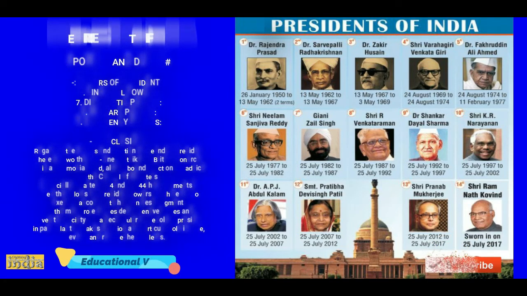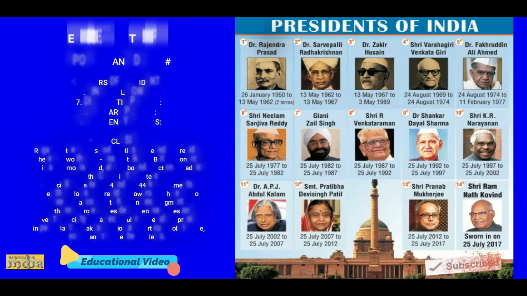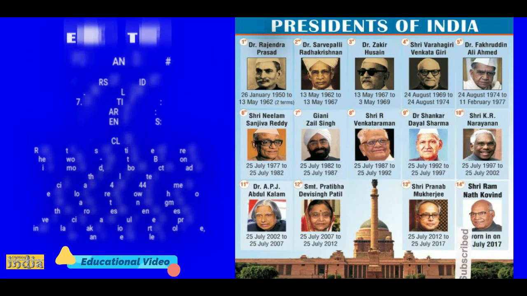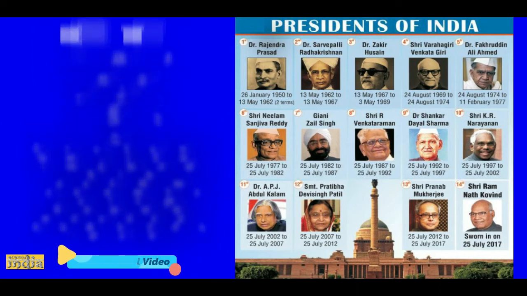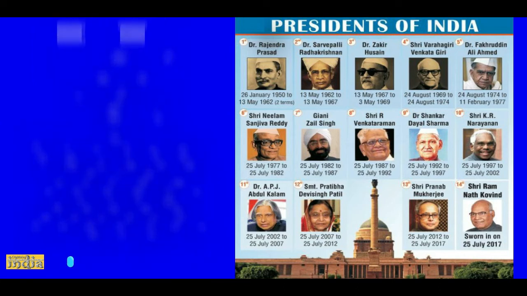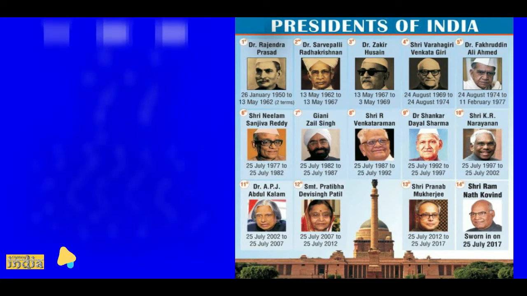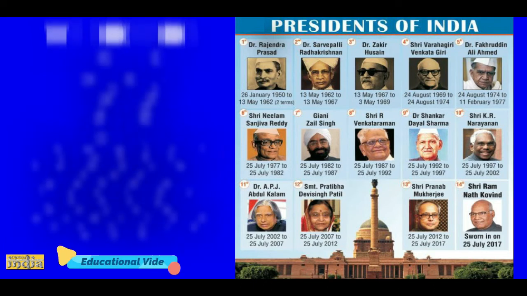He can exercise this power where the punishment is related to the offense against such laws as are within the executive power of the Union. Only the President has the power to grant pardon in cases of punishment to death. He has also the power to grant pardon, respite, etc. with respect to punishment awarded by military courts. He exercises this power in his capacity as the Supreme Commander of Indian Armed Forces.